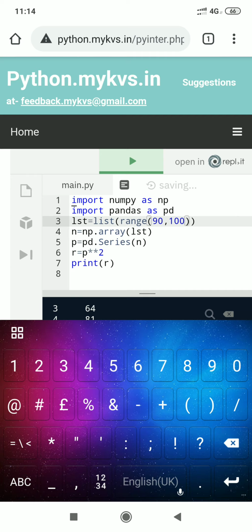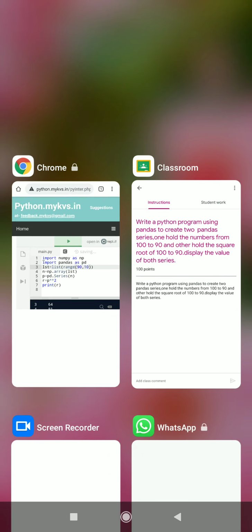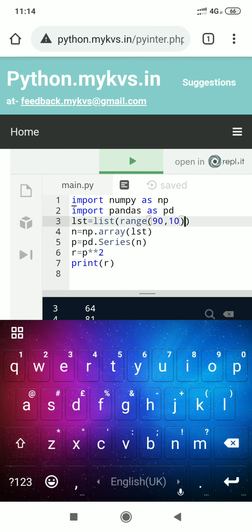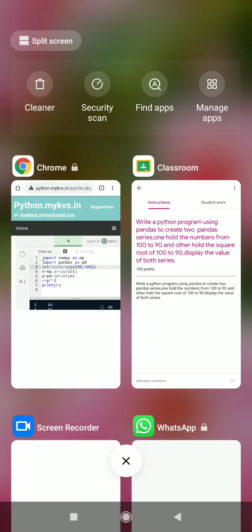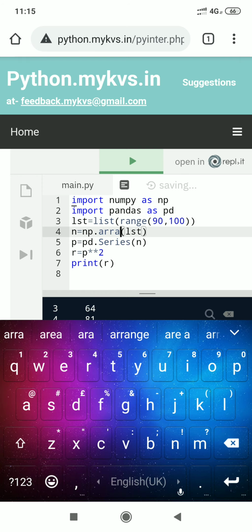It will create LST as a list starting from number 90 to 100, but we need 100 to 90. So what we do here, we make some changes.